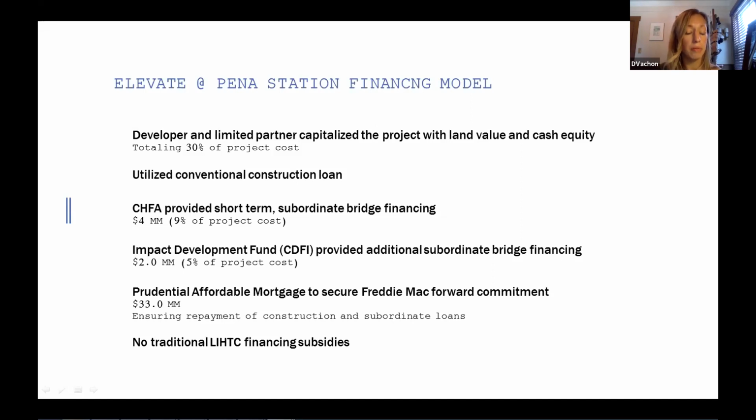Impact Development Fund, which is the CDFI, provided an additional $2 million of subordinate bridge financing, about 5%. MGL worked with Prudential Affordable Mortgage to secure $33 million from Freddie Mac with a forward commitment, which ensured repayment of construction and subordinate loans. The forward debt commitment was customized to address refinance risk at stabilization. Typically, you can tailor them for different debt service coverage ratios, size, amortization options,